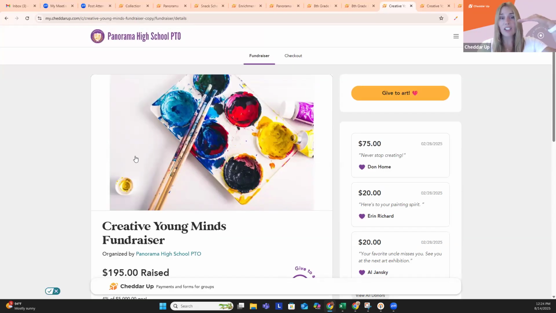A general collection is going to just build one link. We're building multiple with a hierarchy in a peer-to-peer. So here's an example of a peer-to-peer flat donations fundraiser. They look very similar. You add on these components of an